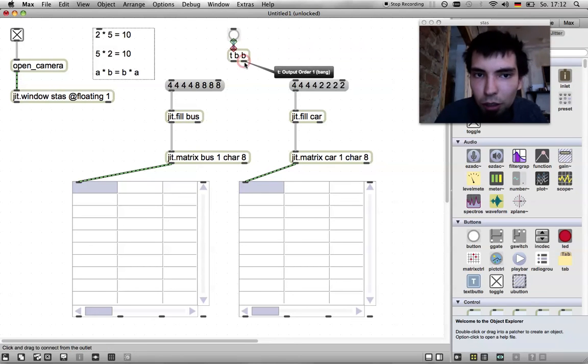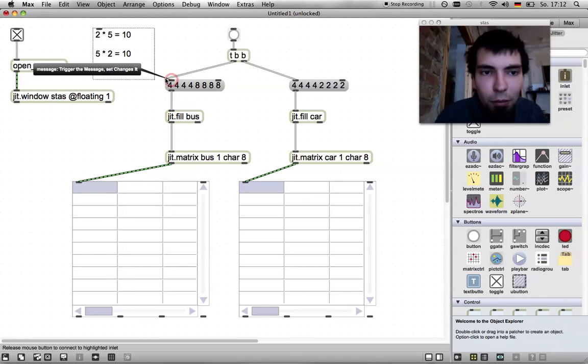No, not a toggle. Trigger bang bang. Guys, I'm not on top of, you know,